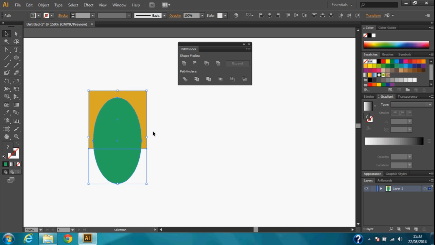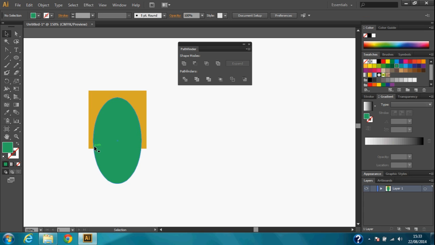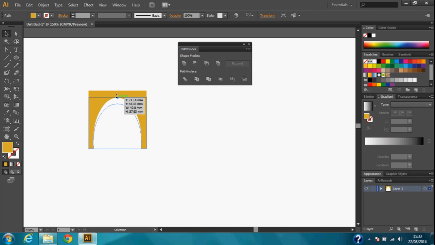Cool, so both of them selected, and then let's click on minus. When I click minus, this happens. The shape that was on top disappears, and how it cut into the shape was the shape that already existed. Because this point to this point cut into this square shape, it cuts that shape out permanently, which is nice. So then you can just reshape anything and make whatever you want,